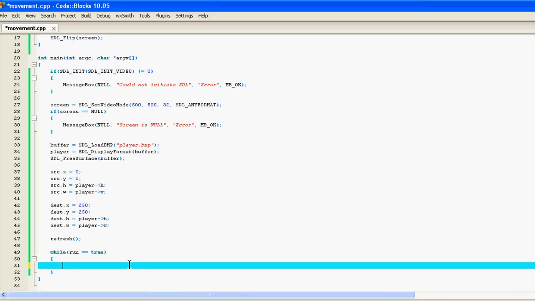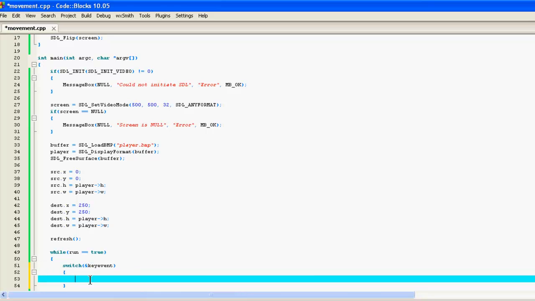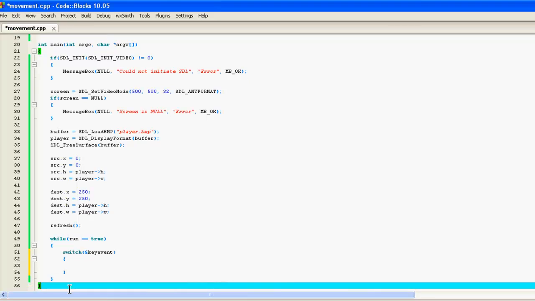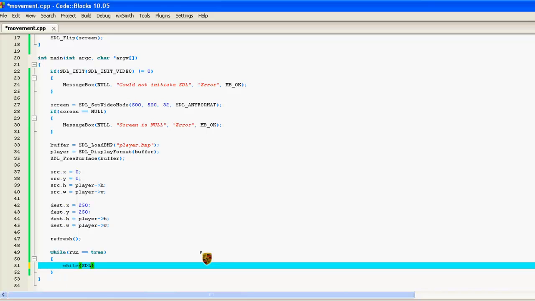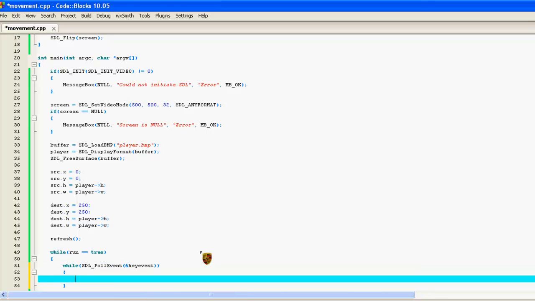Alright, for the main loop we have to create a switch, and this is for the key event. Actually, shoot, wait a minute. Oops, made a mistake. While SDL_PollEvent key event. So while it's going through the events in the queue, in the key event queue, it will do the following: